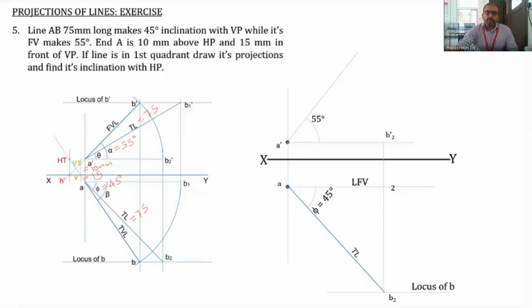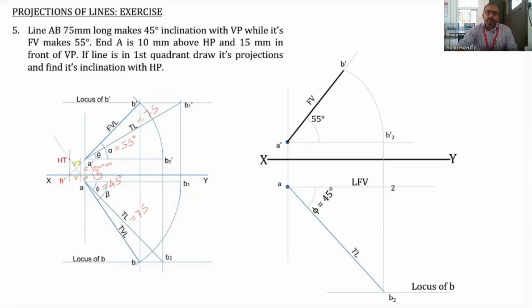A dash B2 dash is the length of the front view, which we will rotate in order to obtain B dash. Now we know that A dash B dash and A dash B2 dash will be of the same length. So we can rotate the length A dash B2 dash to the line which represents the front view. So rotate this distance A dash B2 dash. So now this is the point B dash. So we join A dash as well as B dash, by which we get the front view.